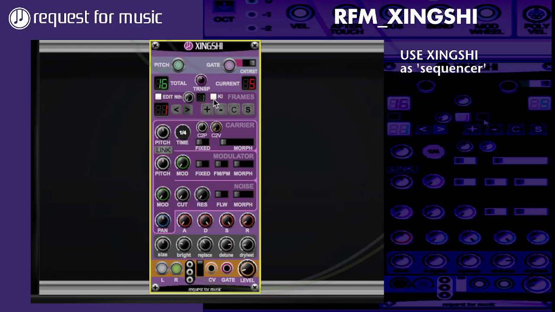But for now, I'm just going to switch this KI button on, which stands for keyboard input. And if I switch that on, it's actually going to only stay at that single frame. You see that it's set solo on as well, and it's waiting for keyboard input. So if I just press on my keyboard, it's going to record that note. If I'm going to the next frame by clicking that button on my controller, I can go to the next one. So I press the next note and go to the next,